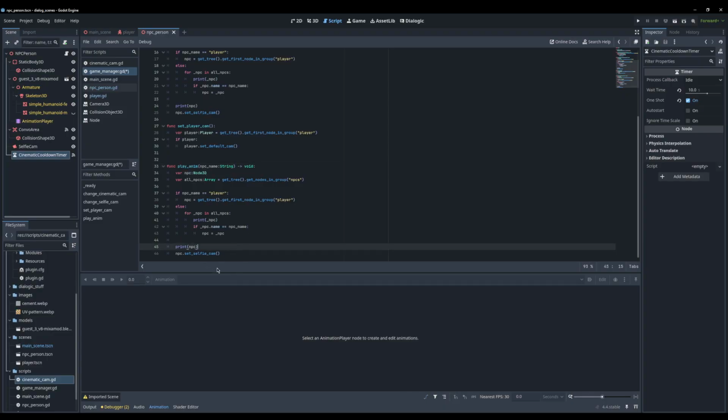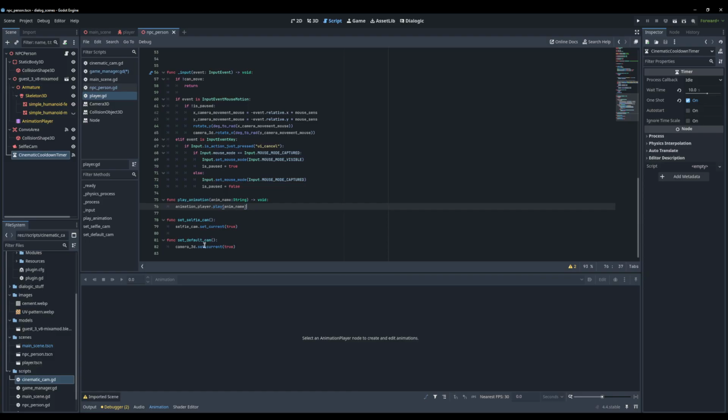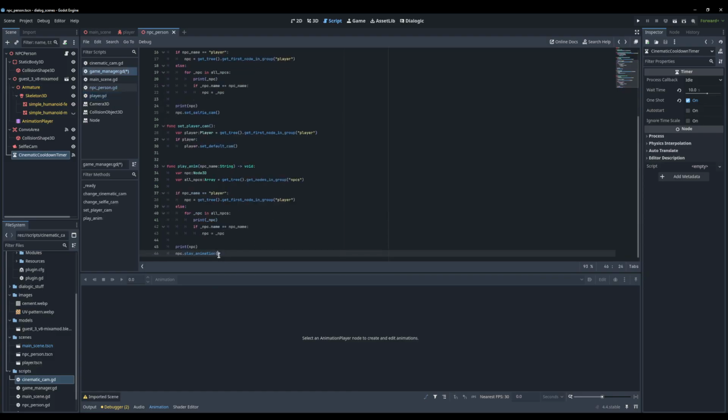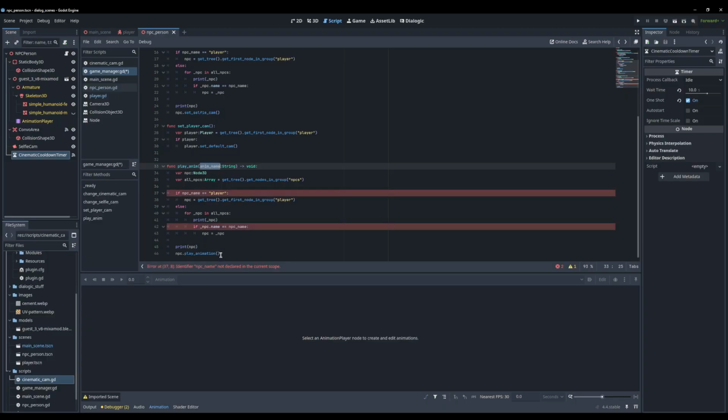Play anim, boom, play animation. I'm pretty sure. Animation, yep. And we're going to go anim name, NPC name equals player, NPC name blah blah blah,